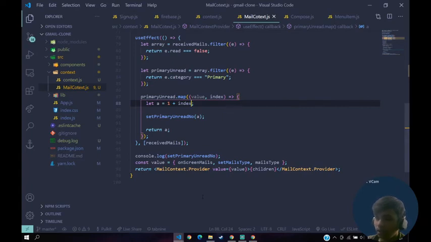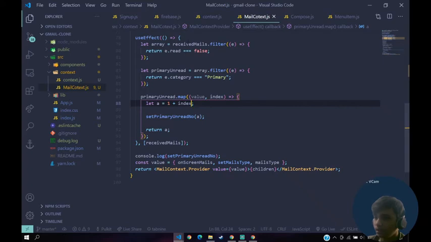So what we are saying is, inside of useEffect, let array is equal to return e dot read, let a primary and array dot filter, fine. Then inside of this we say primary and read number value index, let a. Okay, I think everything should be fine.